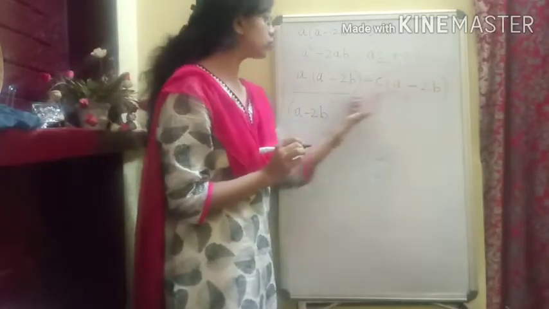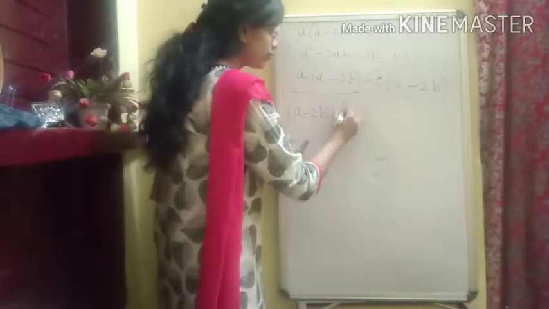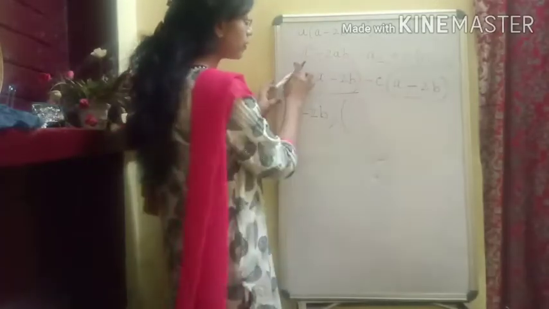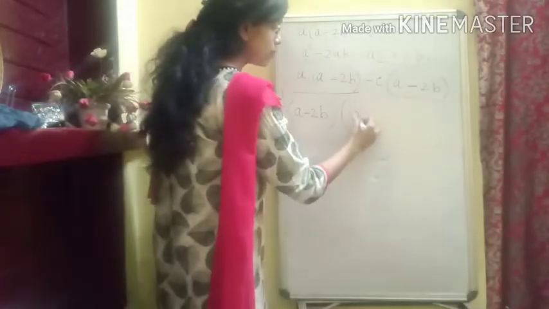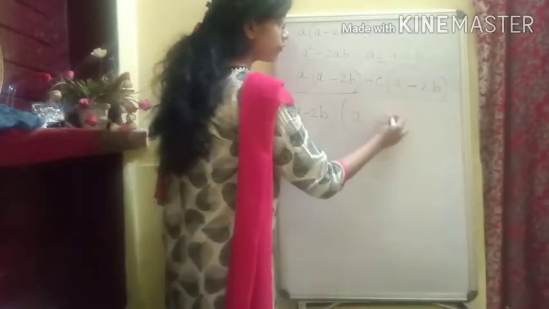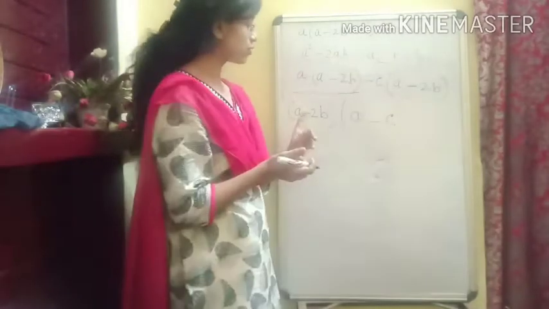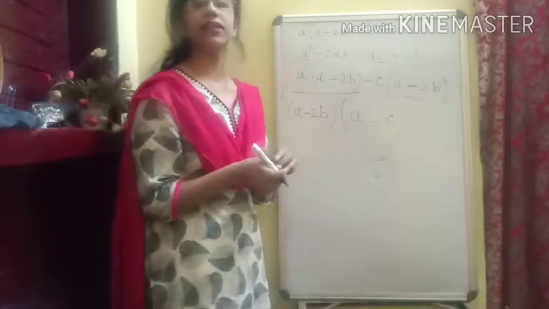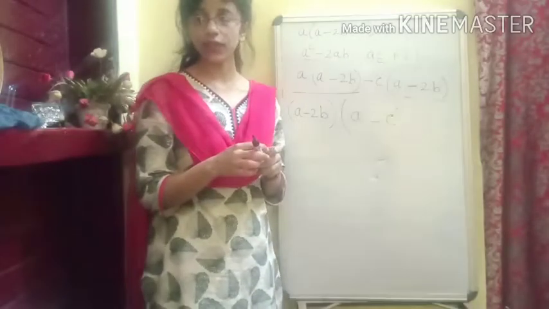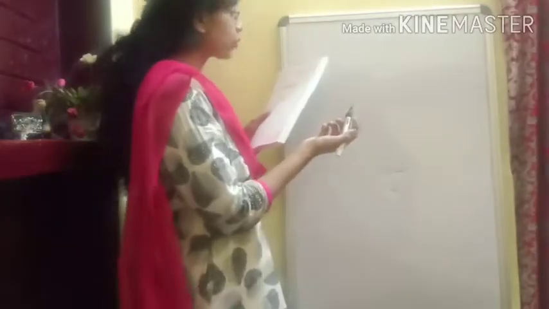As we have taken these two common, what are we left with? In the first part we are left with a, in the second part we are left with minus c. Now this is how we factorize, and this is your answer, a minus 2b and a minus c. Is it okay? Okay, our next question is